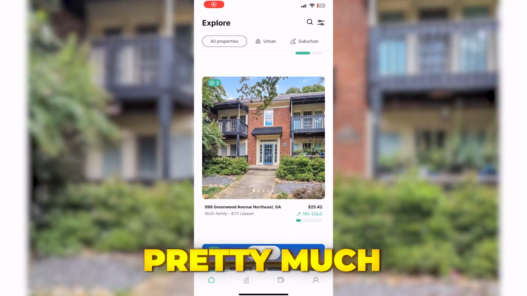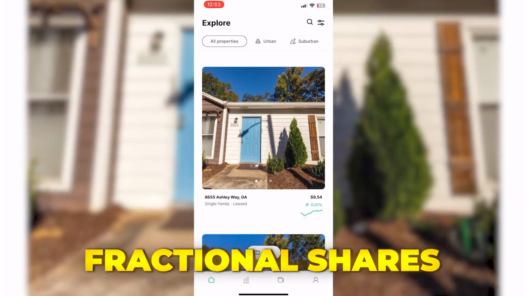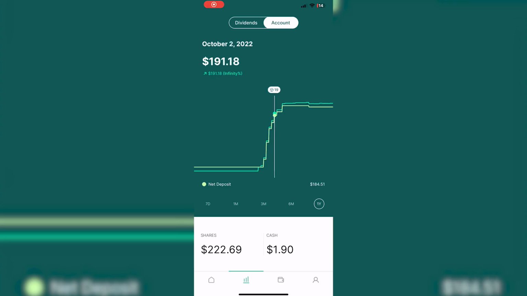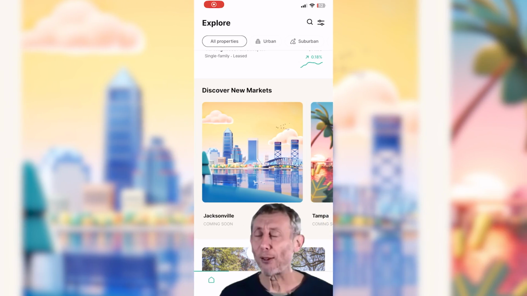Landa allows pretty much anyone to invest into fractional shares of real estate, and at the same time allows us to get passive income through those investments. The actual concept would probably get about 4 stars from me, but because it's an unsecured investment, I have to knock it down to about 3.5 stars. It is a very sleek looking app, so the design elements are nice, and if the responsiveness was a little bit faster, I'd probably give it 5 stars.